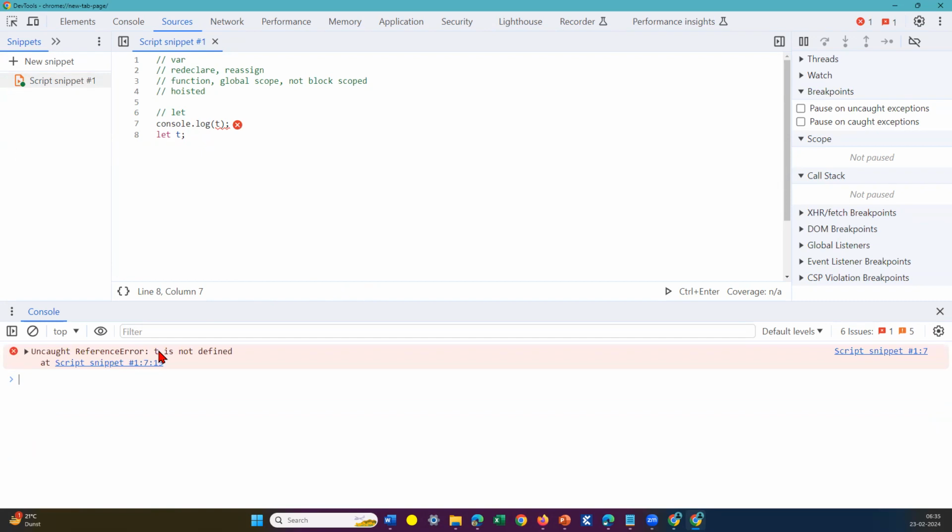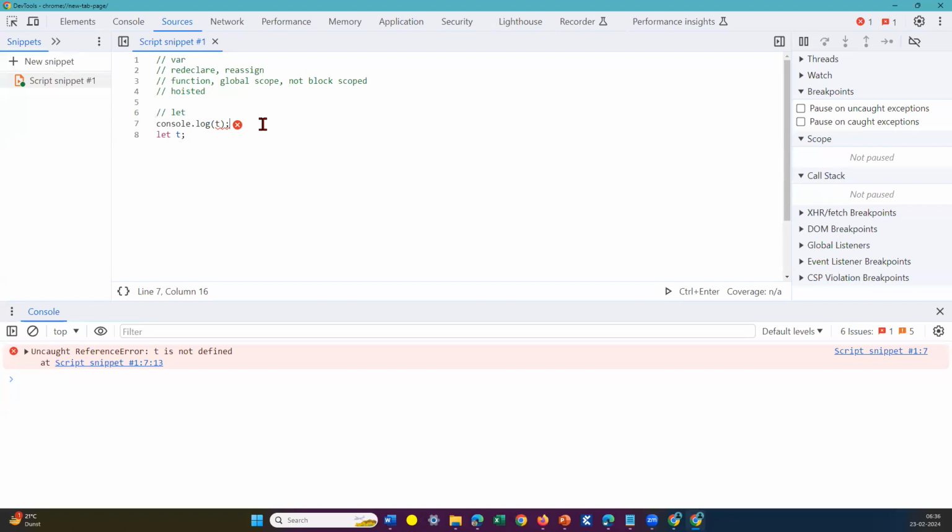We have seen that in the case of var, we do see undefined, because whenever the JavaScript engine finds the var variables within the scope that it is executing, it pulls only the declaration to the top, and it assigns the data called undefined to that variable. We do see undefined, but when it comes to let, we don't see